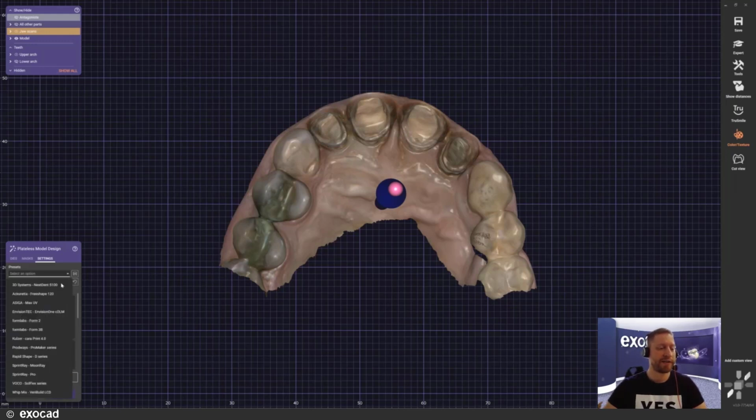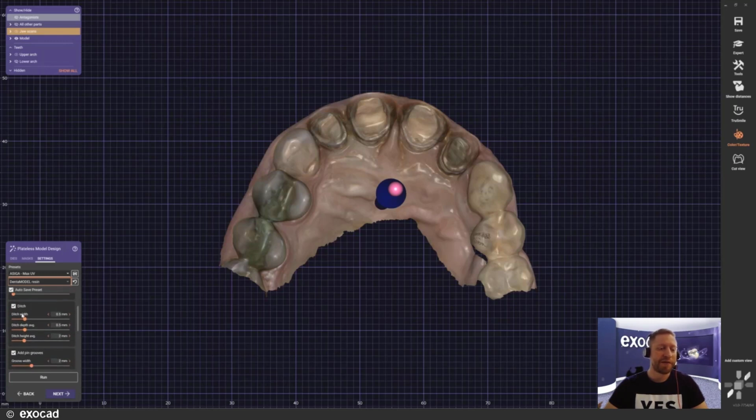So here you can see there's a variety of already integrated printers and versions and brands and manufacturers here. For the demonstration, I will just choose the ASIGA model here as well. Now you can see all those different options that will help you to completely individualize your model. And that starts from the base itself. You have a lot of parameters here that you can use.